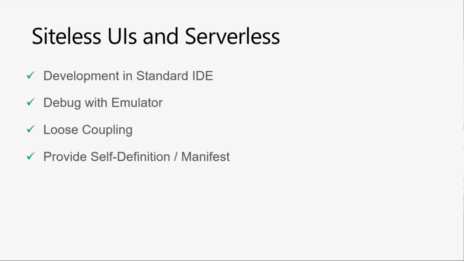Still, to couple that correctly, we need some kind of self-definition. We know that kind of manifest already from serverless functions, where you define your endpoint specifically. You say, I've got a GET endpoint, and this is how it should look. And you define all these things in a declarative way. And as mentioned, we deploy without a runtime, so that is already given by the system. But as an advantage, we get instant availability. And just one picture I want to show you before we do that hands-on and experience it is